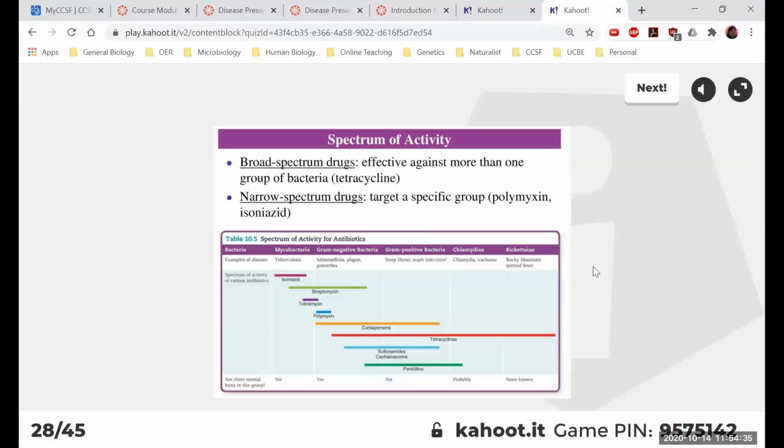So this is a chart showing you that, in general, antibiotics can be distinguished based on their spectrum. You can see that there are some really extreme cases. Tetracycline is very broad spectrum, and then polymyxin over here is very narrow spectrum, only for gram-negative bacteria. And then you have other ones that are somewhere in between. This other drug, isoniazid, is also very narrow spectrum because it inhibits mycolic acid synthesis. So that's why this particular drug is only used for treating diseases like TB and not for any other bacterial infection.